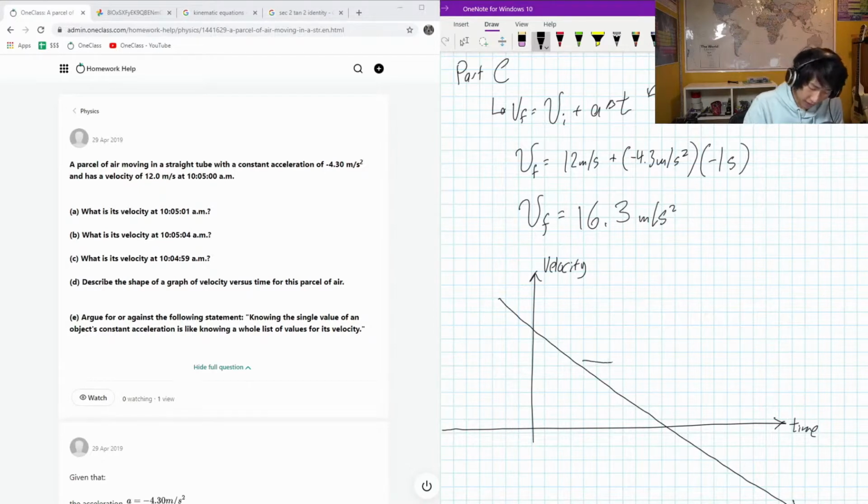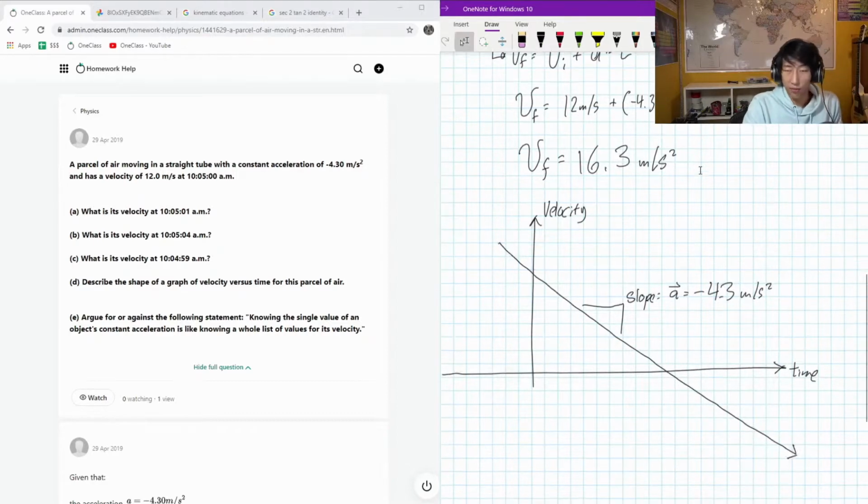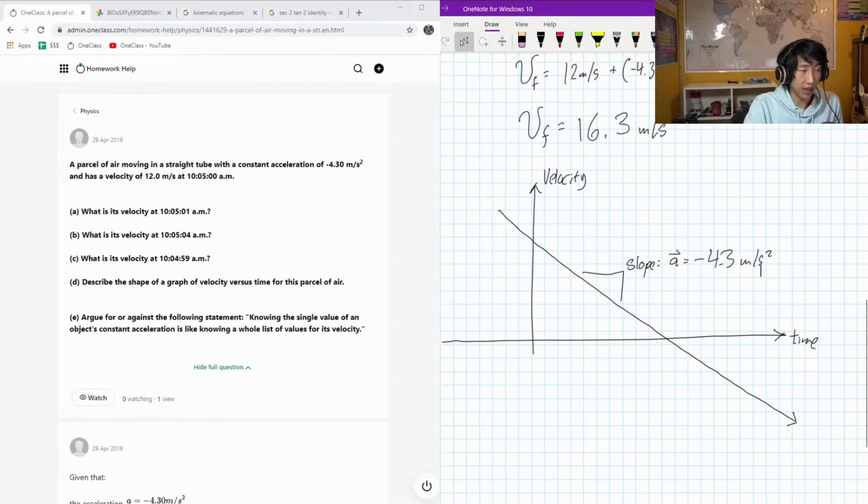And the slope of this is going to be the acceleration, which is going to be negative 4.3 meters per second squared. Okay, so yeah, that will be what the graph looks like. Just a downwards line for the deceleration. If it was a positive acceleration, it would be an upwards line and the slope would be positive. Okay, so yeah, cool. And the last part of the question, argue for or against the following statement, knowing that